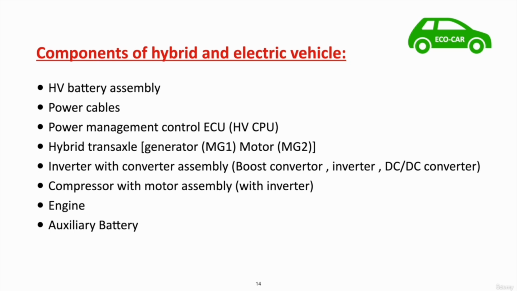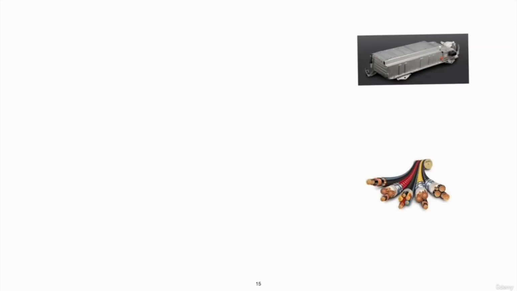Next we have inverter with converter assembly, and it has three components which are boost converter, inverter and DC-DC converter. Next we have compressor with motor assembly with inverter. Next is engine, your IC engine, and then auxiliary battery. So now let's discuss